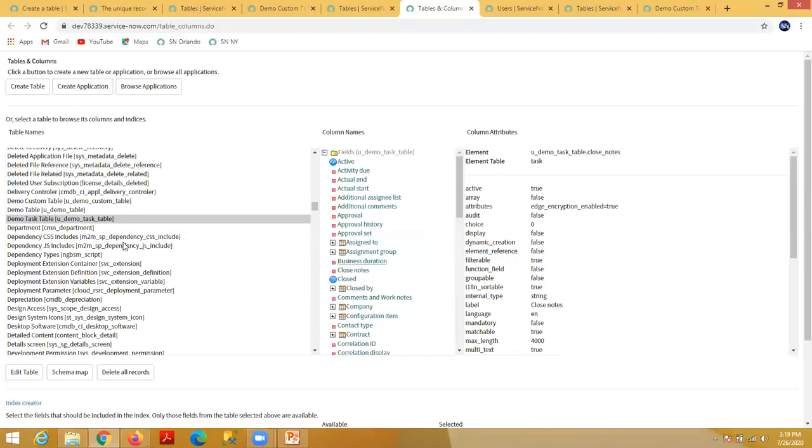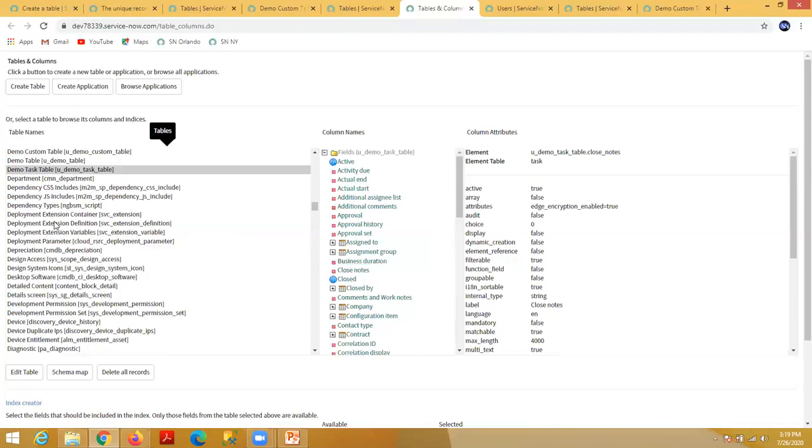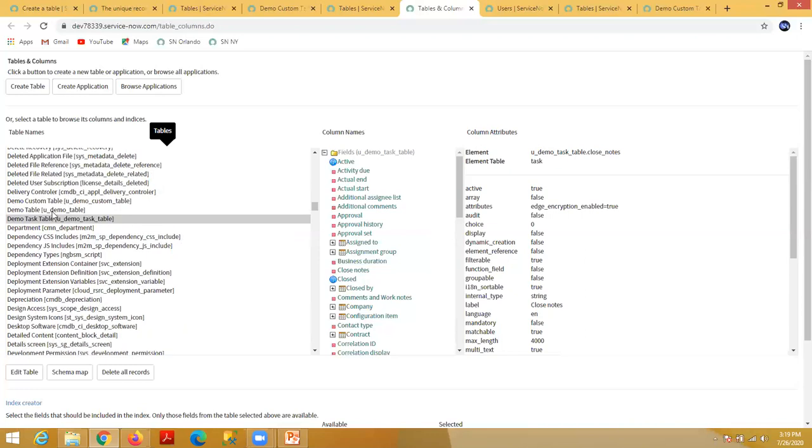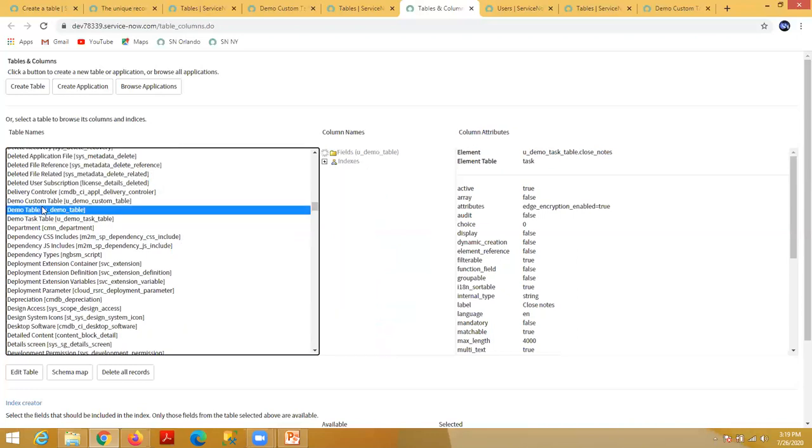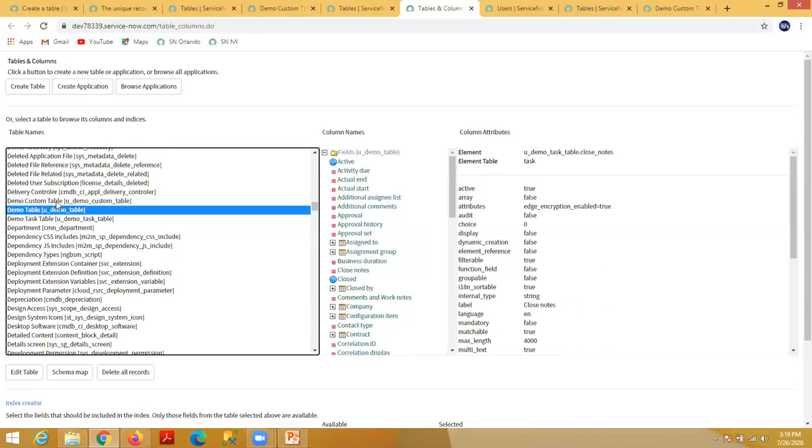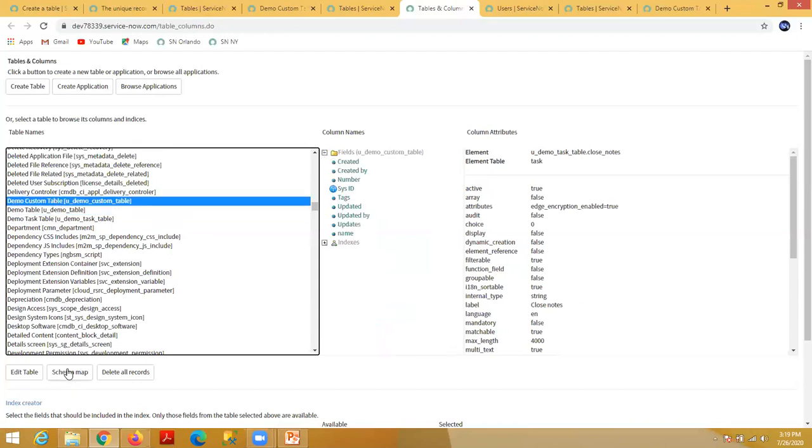If you want, you can see the schema map as well. Let's say you select this demo table and click on the schema map.